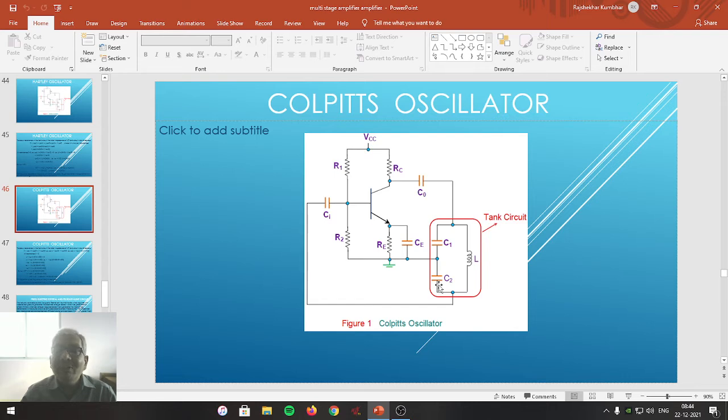This process will continue till both the capacitors C1 and C2 are fully charged. When these two capacitors are fully charged, the negative plate is connected via the feedback path to the base of the transistor. As the transistor is NPN type, negative charges are provided to the input, the emitter base junction is reverse biased and the transistor will be turned off.